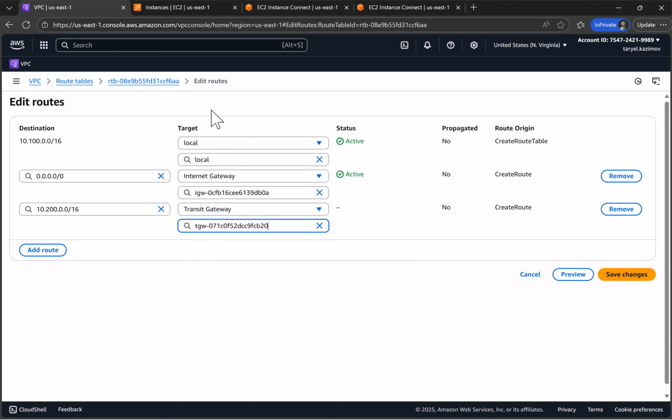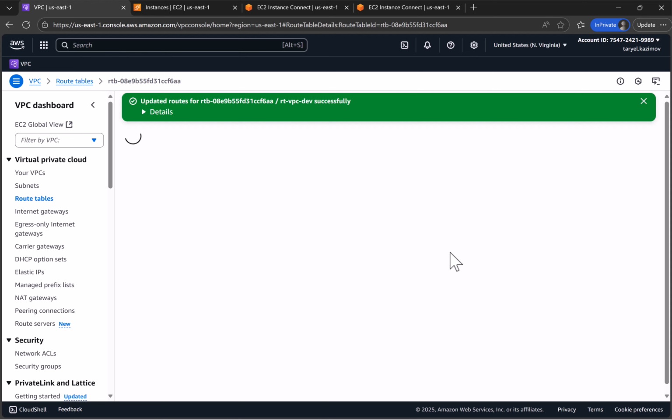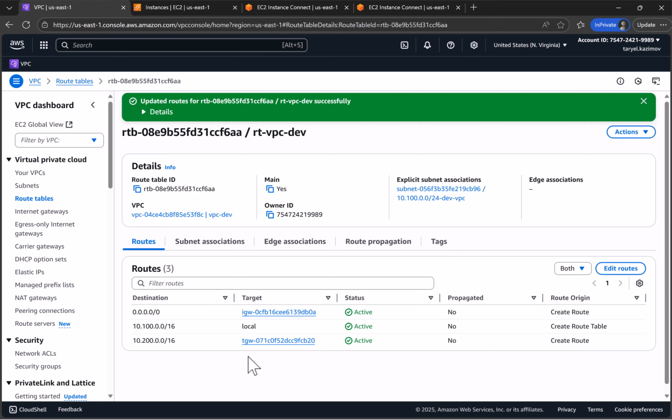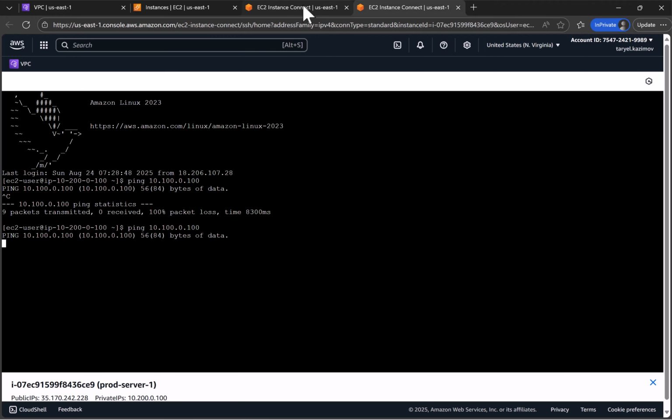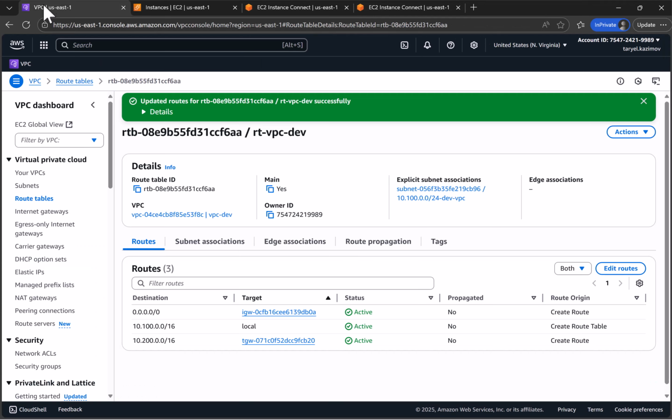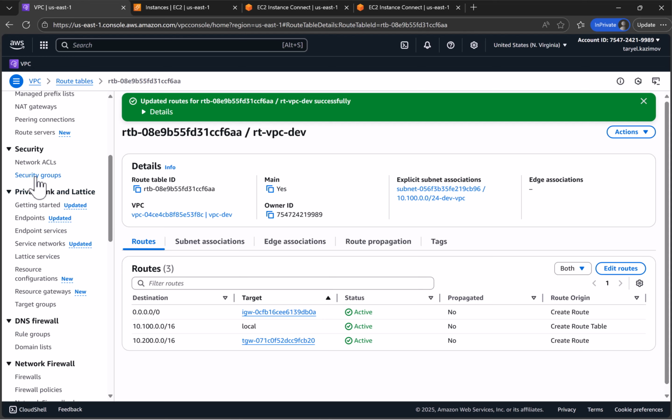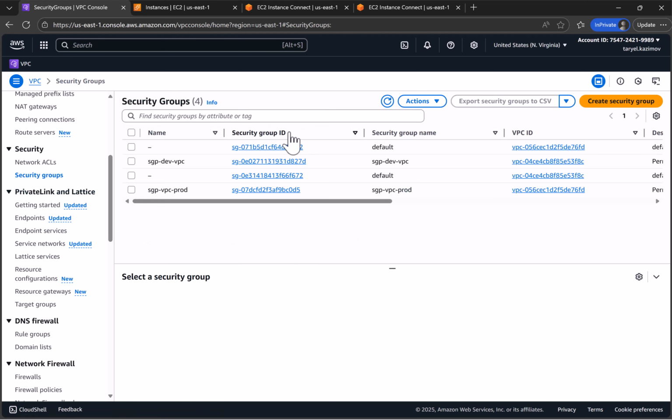We are telling our dev VPC to forward all traffic for the production environment to the transit gateway. Okay, ready? And let's check. It's still not working because we need to make some modification to our